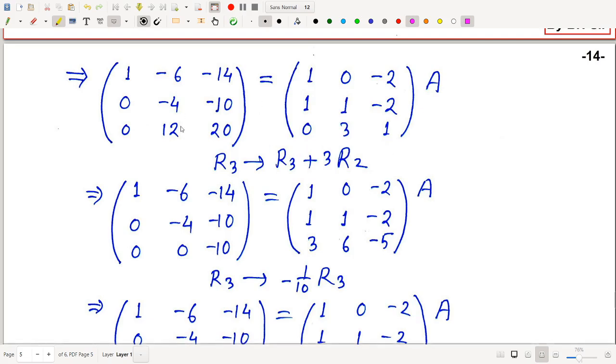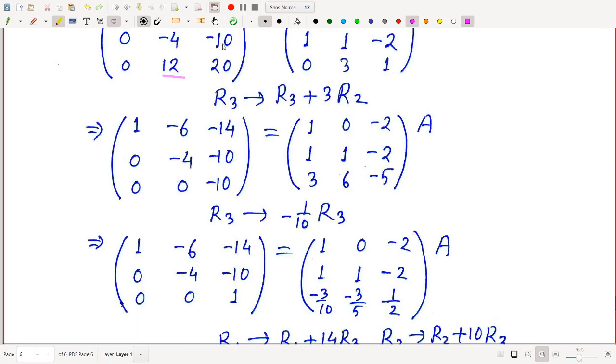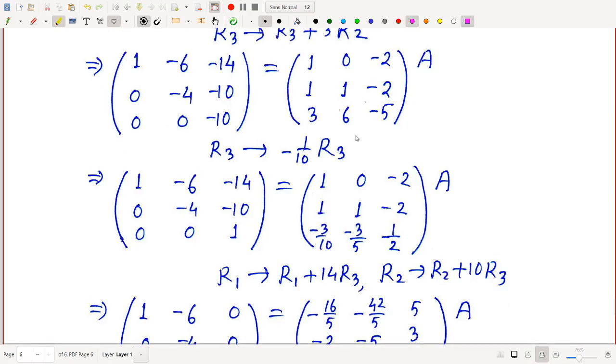Next, this element we have to make 0, so that the operation is R3 plus 3 R2. Here also 3 R2 will give us 3 plus 3 6, minus 6 plus 1 minus 7, correct. And here it is 0, 3 times minus 30 plus 20 minus 10, correct. Then